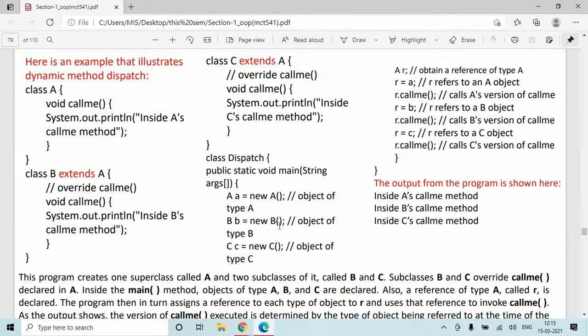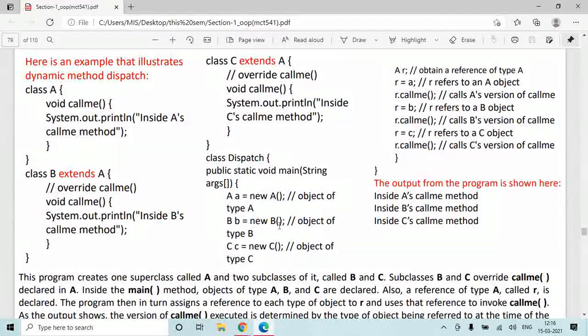Dynamic method dispatch means, let's say you have a method to call, and which method gets executed. If this gets decided at runtime, then we call it dynamic binding.